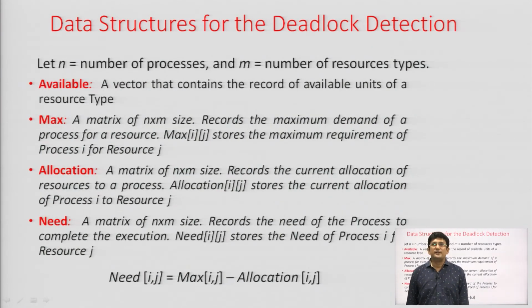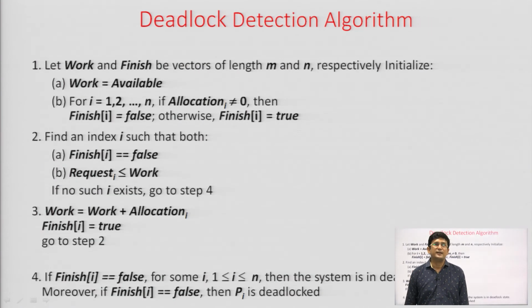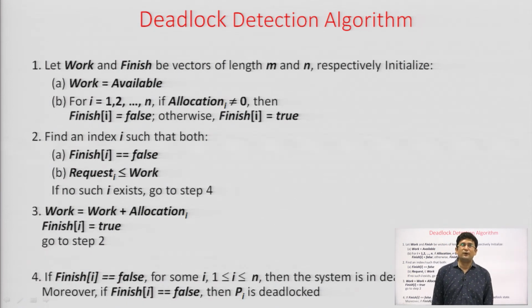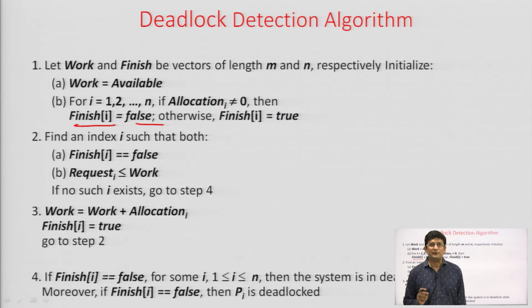Now, another one is the use of the same data structures. As I told you, we already have explained this in detail. So, the deadlock detection algorithm says that for the multiple unit request model, you should first declare that all the processes cannot finish. Initially, the finish of all the processes are false, and then we are executing the deadlock detection algorithm.